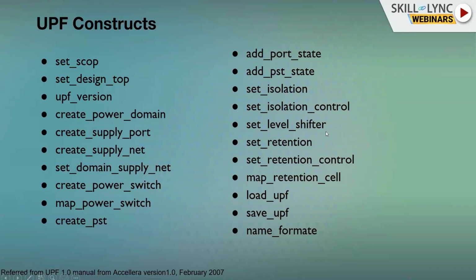Whenever you're crossing between different voltages, from high to low or low to high, you have to define your level shifters, which mainly convert from a high voltage to a low voltage. Those are done with the set level shifter command. And there is something called the set retention command. This is mainly for when you switch off your device and come back. It takes some time to compute the value, what the older value should be. So to retain that older value, we use retention registers. That is mainly done with the set retention command.